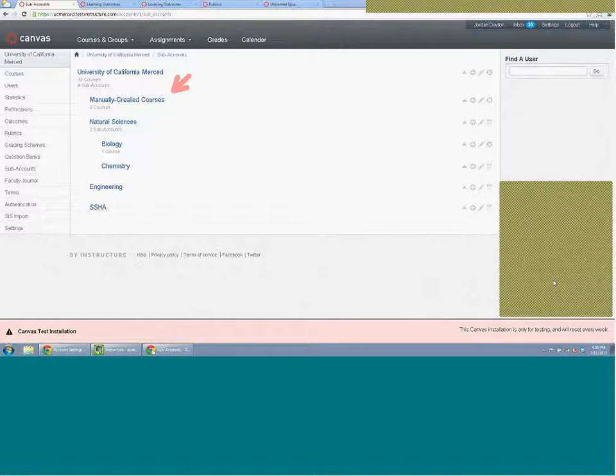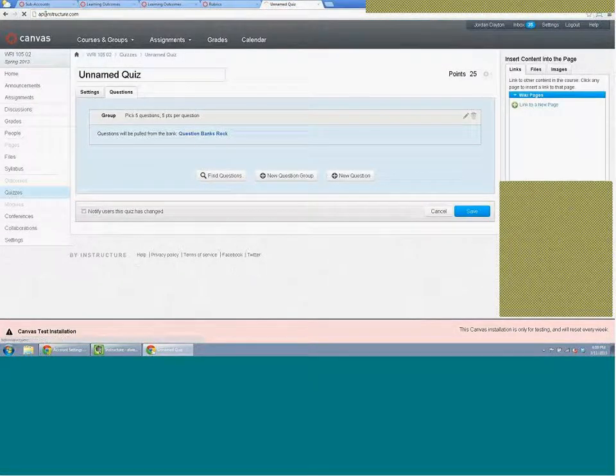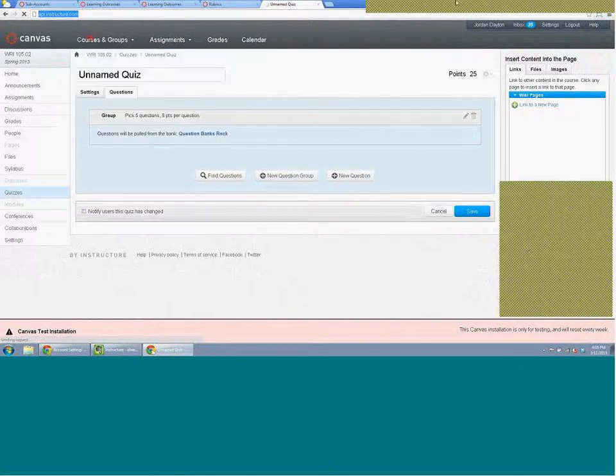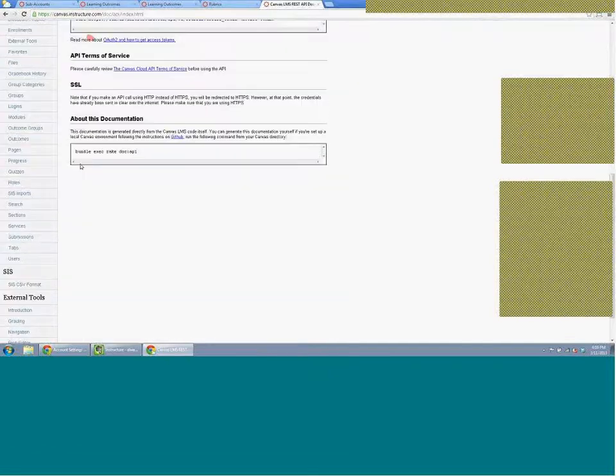Is there a way to upload a bunch of photos, portraits of people? Yeah, absolutely. The best way to know how to do that is go to api.instructure.com. You'll find details in there. I'm going to throw you a link in the chat. I don't think I did this one before, so take a look at that link, and then go down to,